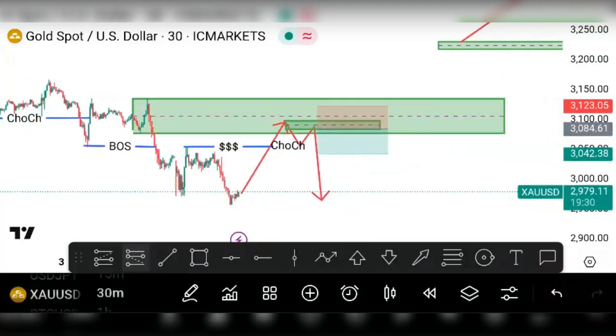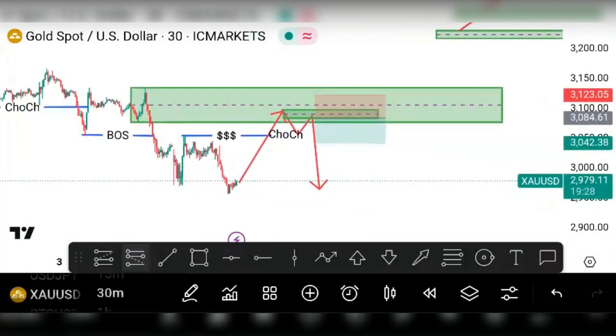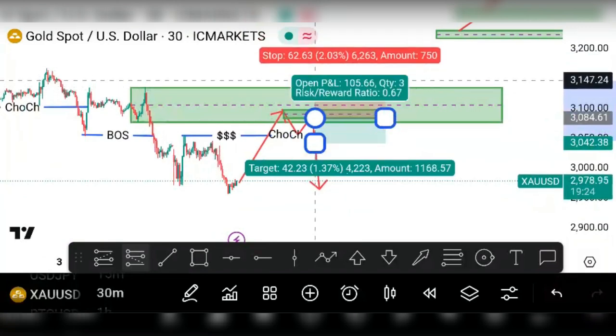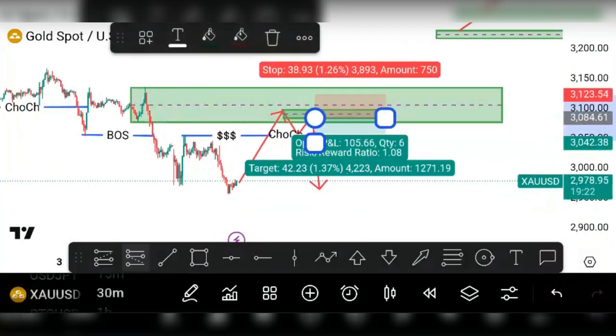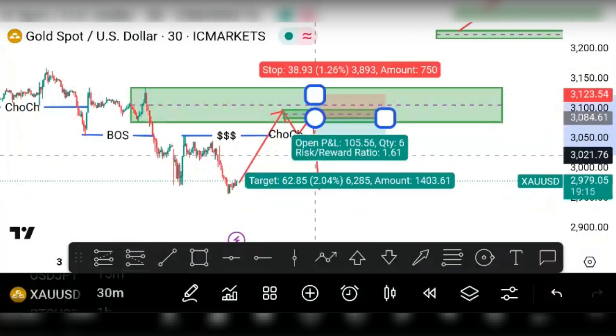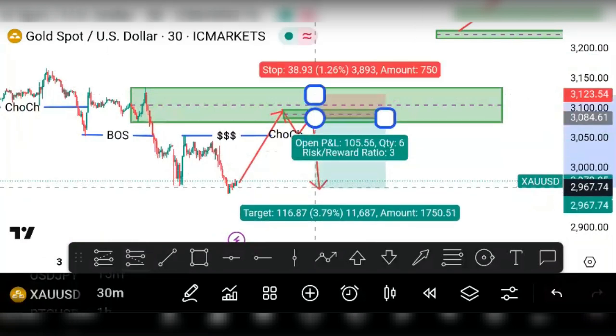You can see this tool. I showed you in the video I sent to you how to use it. You can adjust it. That's your SL, the red one you're seeing. There's what we call the short position, and there's what we call the long position. Since we are selling, we use the short position. We now adjust our SL and then target our